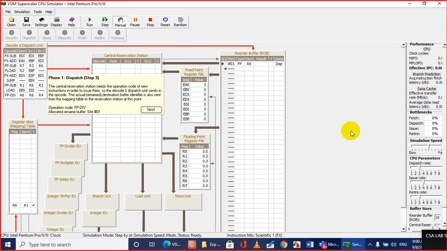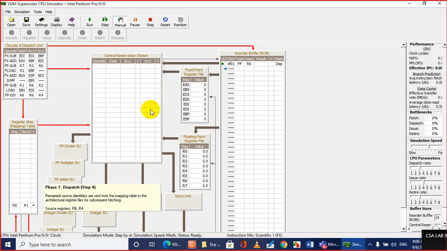Step by step, it will guide you through what is happening inside the CPU one by one. So as you click next, the steps are explained, so that you will do it by yourself, okay? Through the animated arrow, it is showing everything.